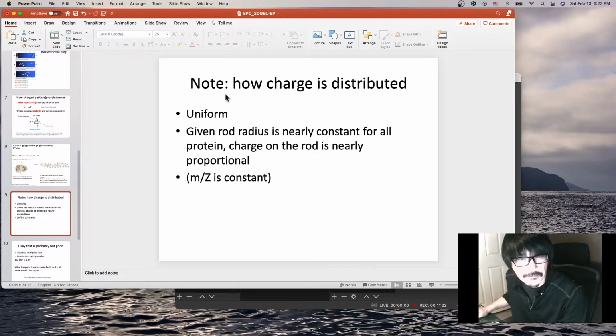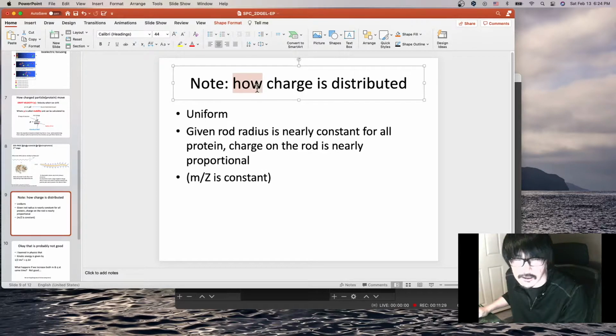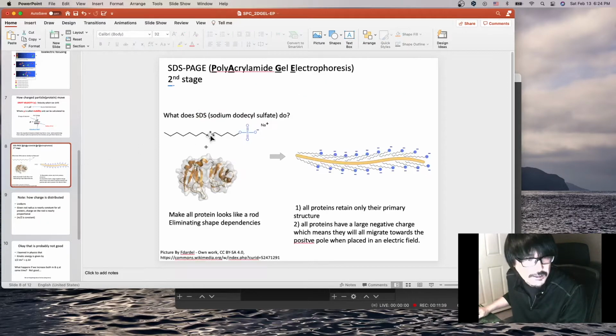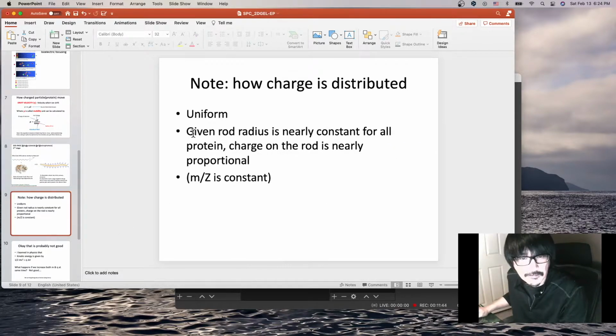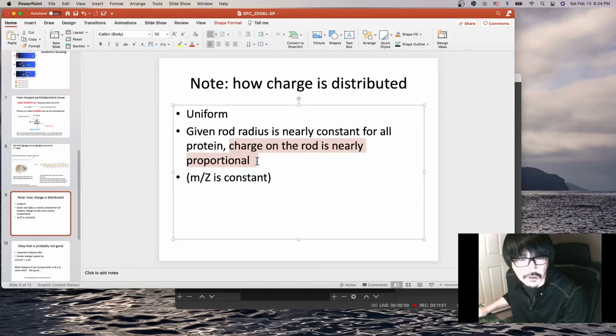So what's the situation for the second stage of the 2D gel electrophoresis? The charge will be distributed uniformly. That's coming from the SDS. The charge on the rod is nearly proportional to the mass, which means that the mass to charge ratio is pretty much constant,